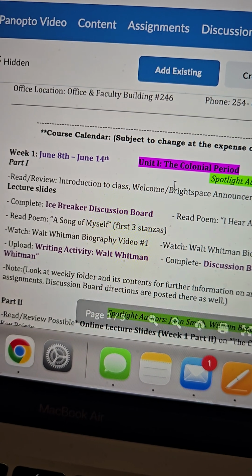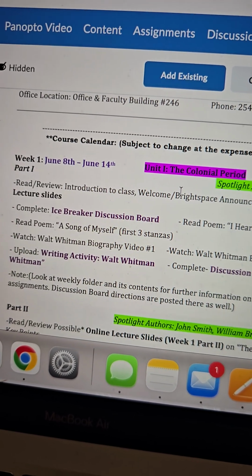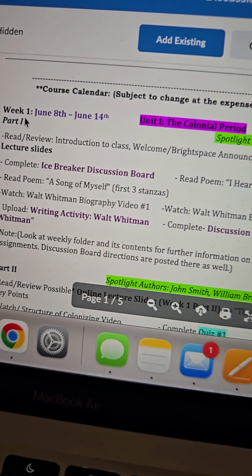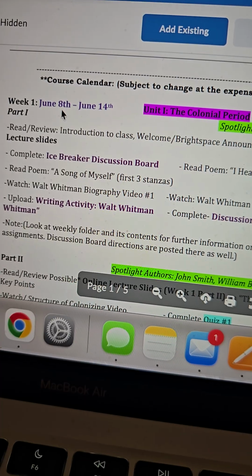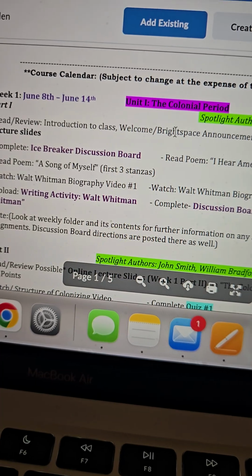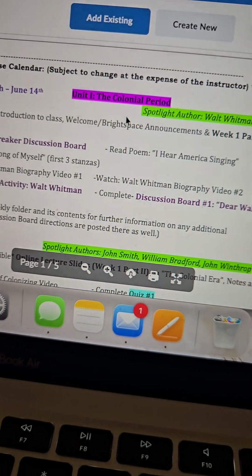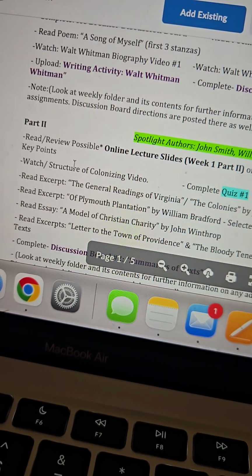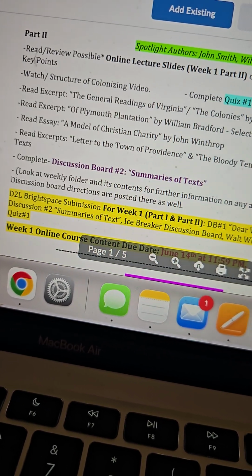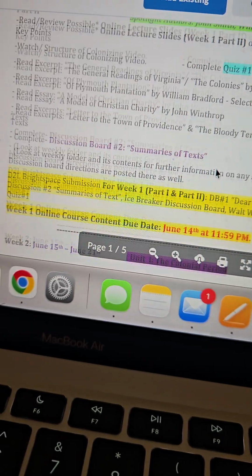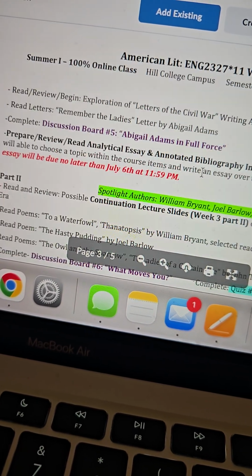It just tells you our course calendar of everything that is going to be happening within the week from that course. So it tells you the week that we meet, which is Monday, June 8th at 8 o'clock through June 14th, which is that Sunday night at 11:59. And it tells you that we're going to first be introduced to the colonial period, which is Unit 1. There's a couple of things in this folder. There's also a couple of things in the Part 2 folder. All of Part 1 and all of Part 2 will all be due on June 14th. Okay, and as you can scroll, you can see everything at a glance,